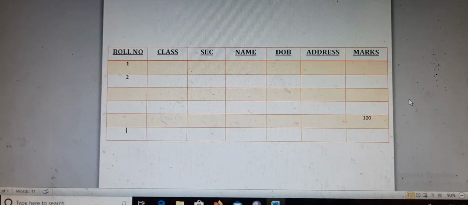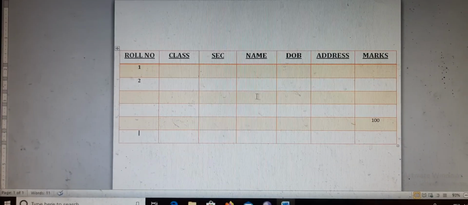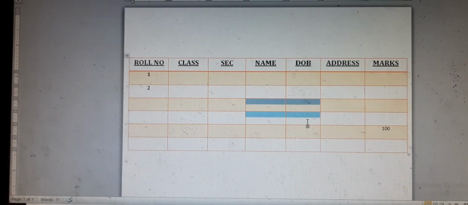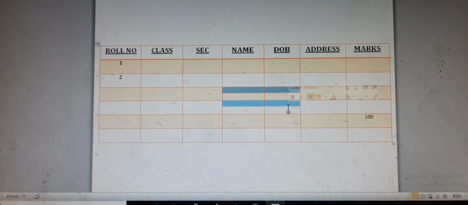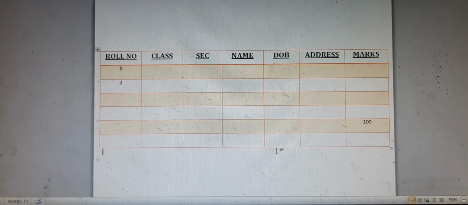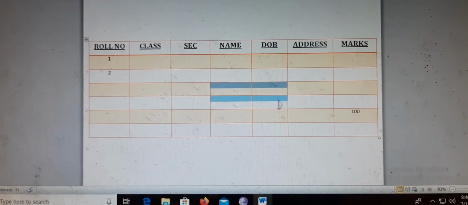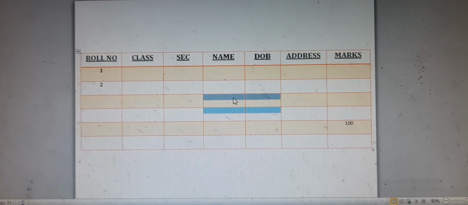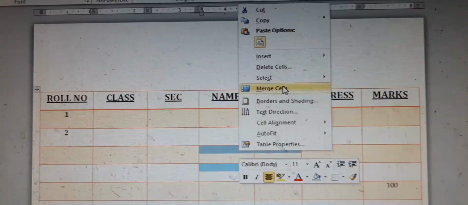Now I am showing you, suppose I have these cells, and I have to make them one cell. This is what we call merging of cells. The cells which I want to merge, just select them, then right click on it. There is an option called Merge Cells.